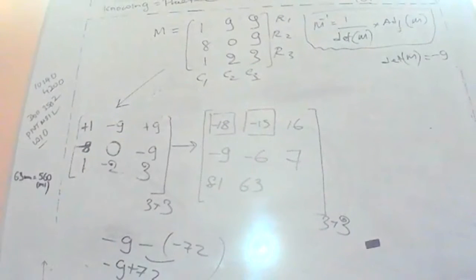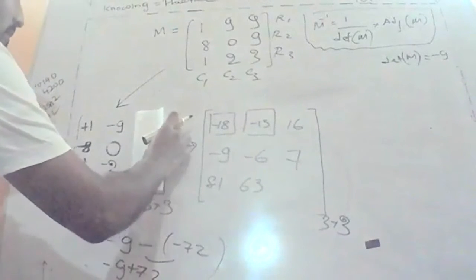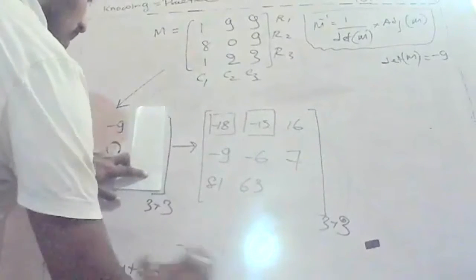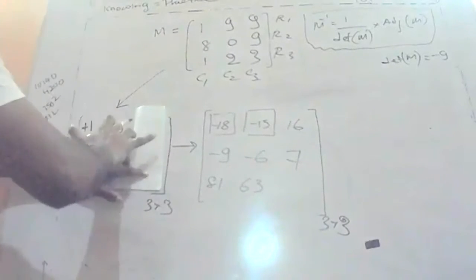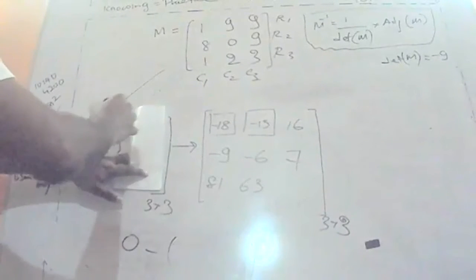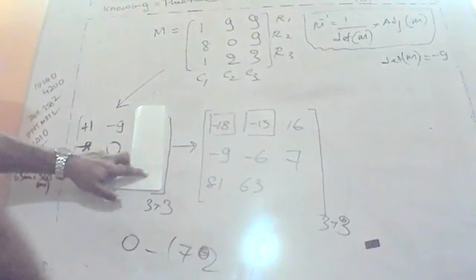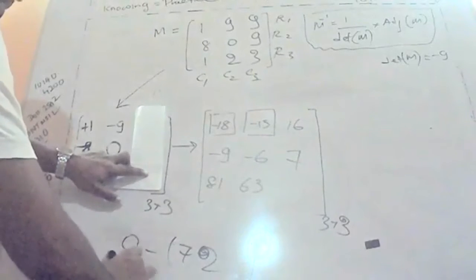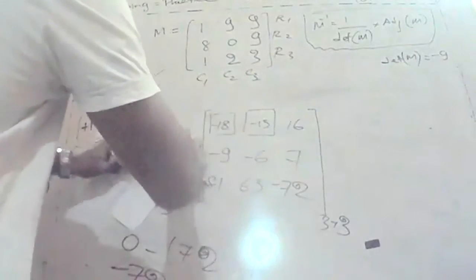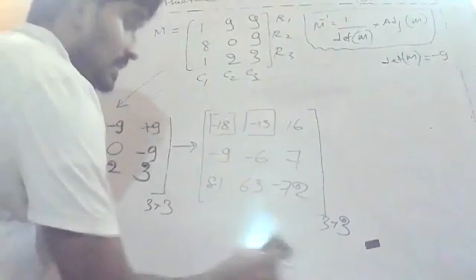Then the last element. This is the element. So cover the column according to that, and cover the row according to that. Now this is the square you have. Very easy now. This into this. Positive 1 into 0, that is 0. Minus 8 into minus 9. Minus positive of 72. But when considering the overall coefficient, it would become negative 72. So the element according to here is negative 72. So now after lots of hard effort, we have obtained the second type of conversion. So now the last conversion.